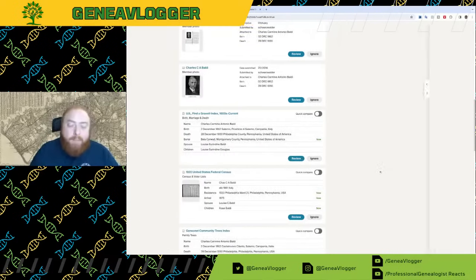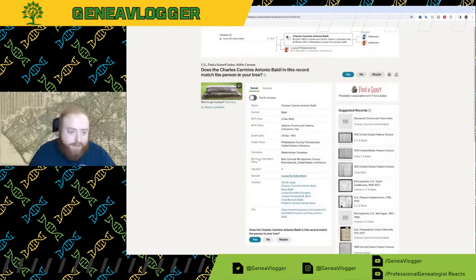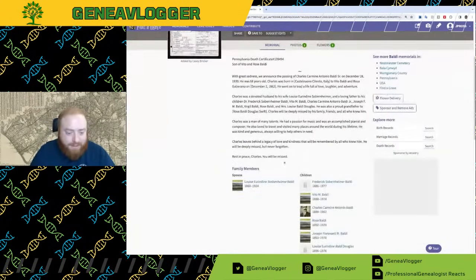So now we want to build down, but we want to be accurate. We can still be quick, but as we go through each one, we also want to be accurate. So one of the things we want to focus on is reading obituaries and looking at the records, making sure that the indexed information is also correct. So here we have this CCA. It says that there's a bio, so we want to see what the bio is. We've got that full obituary, it seems.